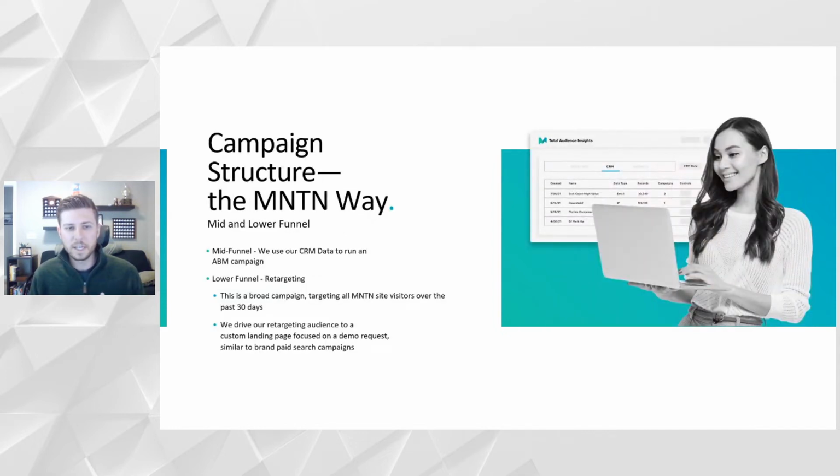In the mid funnel and the lower funnel, it gets a little bit more targeted. So the mid funnel for us, we use CRM data, and this is a great feature of the Mountain platform. We're able to upload a contacts list to the platform and match that audience against households across the United States and target those users that way. So this can be incredibly valuable for us to keep our ads and our brand in front of the eyeballs of the people our business has identified as a really core target audience for us. And the same can be done for you.